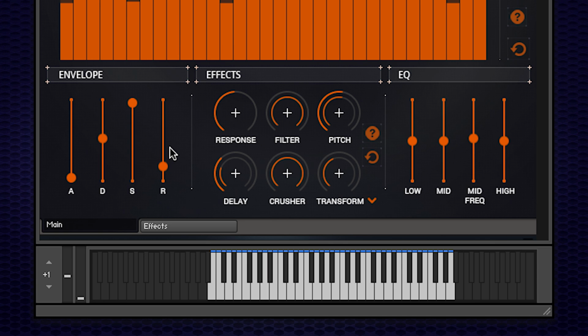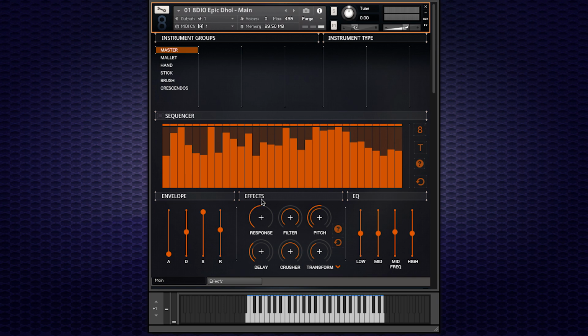How you can use this is in a mixing fashion where you have too much of the room, for example, in your audio and your percussion, in this case, for the dhol, and you can bring that back into a more controlled fashion. Now, the next two sections here, the effects and EQ, and there's something very important that needs